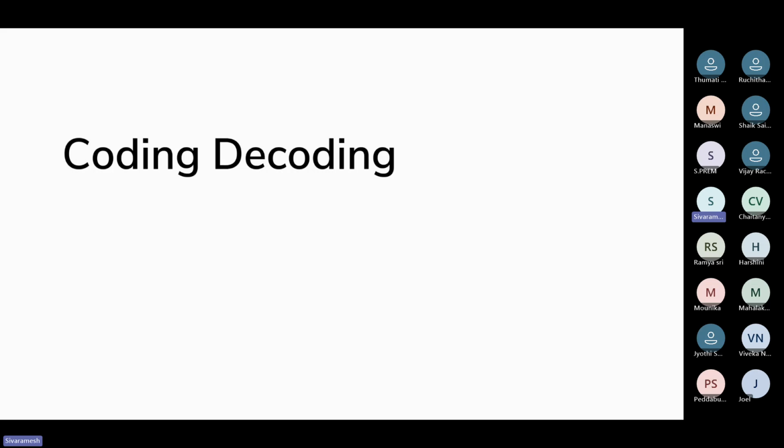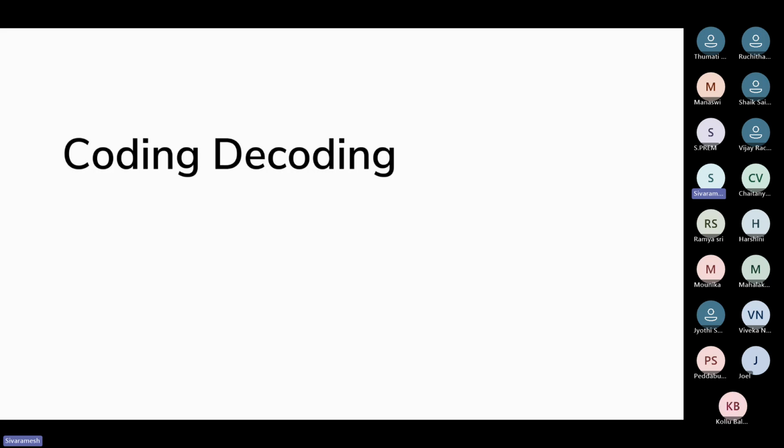So from this coding and decoding segment, we are going to learn how our thinking will be. It's not that when we solve 100 questions in the class, you will get one of those questions or logics in the exam. We cannot assure you that you will get only this particular set of questions in the exam. Let's assume that today I'm going to teach you some 50 questions. I might give some other logic which is not there in the PPT on Saturday's exam. You should be prepared for that. The only thing you should understand from this topic is that you should learn how to think. Okay, let's start with this coding and decoding.